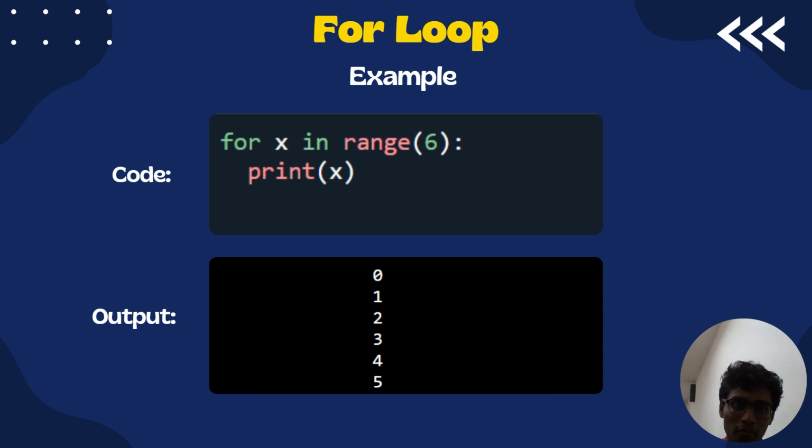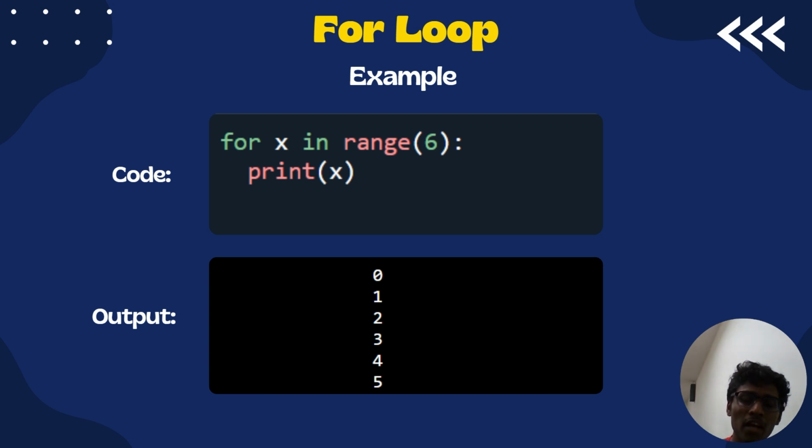So first we'll go for, and then the value added to the variable. If we don't specify a variable, the computer by default takes the value of numbers. If you want to specify any words or fruits, then you have to connect them by using in as a function. So for x, anything you want to print, in from where you have to print. I didn't specify in here, so the computer by default will take numbers. Range, from where to where? 0 to 6. It means 0 1 2 3 4 5, because 6 is the stopping point.